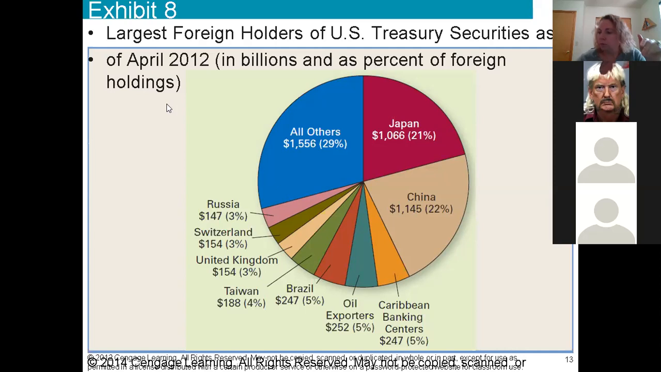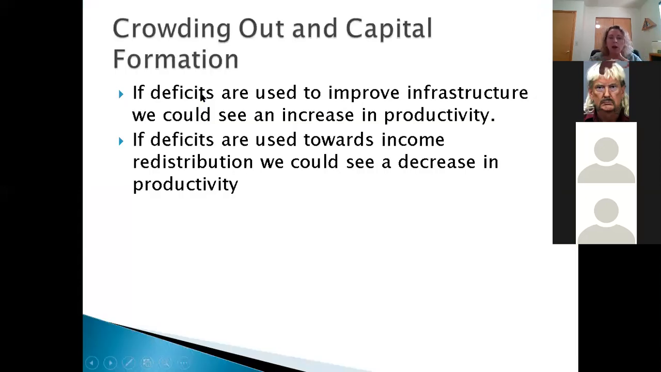Okay, so this has gone pretty quick. Let me do this last slide, and then I have just a couple quick things to say. So crowding out and capital formation. So this is just going to give you a scenario about perhaps what should happen when the US government borrows